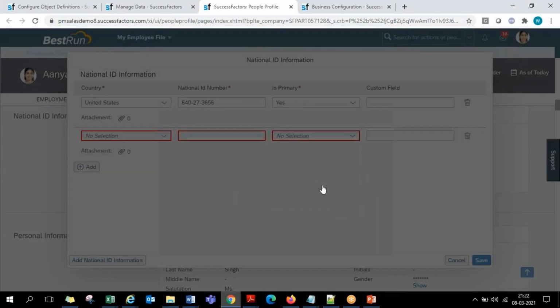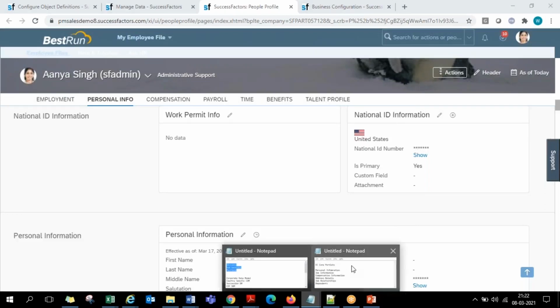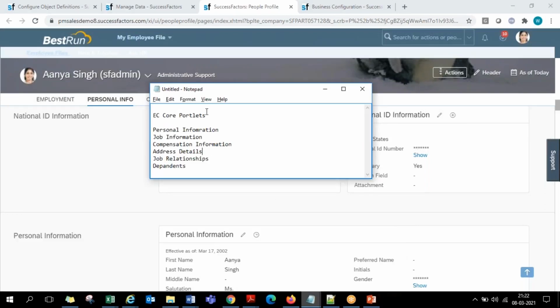But I told you on the same day, we have some set of portlets which have field level controls. These are the EC core portlets: personal info, job info, compensation, address details, all these things. These are the portlets which will have field level controls. So now if a new field is added into that portlet, you are required to go and give the permission to even that field. Only when that field is also given the permission will it appear on the front end. So the permissions are to be activated for every field. Only what is given permission, you can see. By default, everything will not be visible. So that is the behavioral difference here.